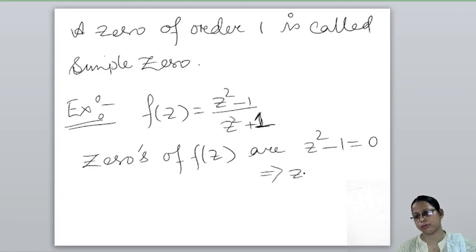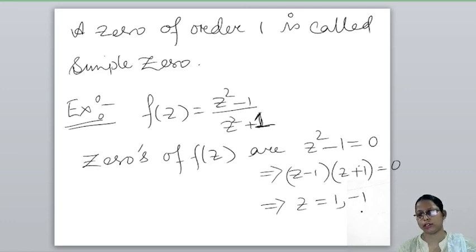This implies, using the formula a square minus b square equals (a minus b)(a plus b), (z minus 1)(z plus 1) equal to 0, so z equal to 1 and minus 1,